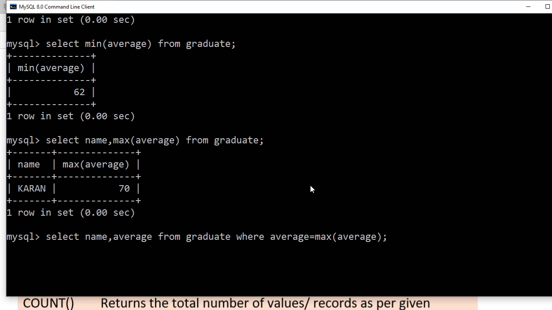Is it working? I'm pressing the enter key. Just check it out. Invalid use of group function. You are working in more than one tuple. Understand this error? I want to teach you, that's why I am going through this one by one.